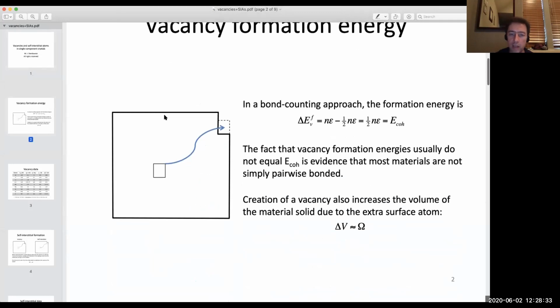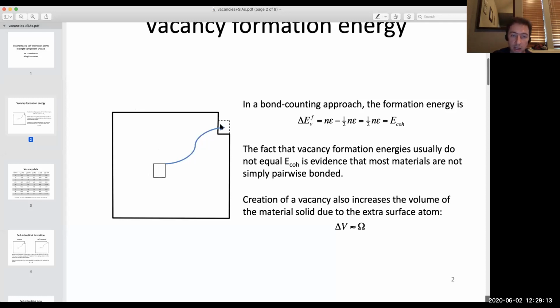So, formation energies of vacancies. What is a vacancy? A vacancy is when you take an atom out of the crystal, but you don't just get rid of that atom. You have to put it somewhere, right? And we imagine putting that atom at some location where it will not change the surface energy. So what we like to do when we think about making a vacancy is imagine taking the atom out and putting it on a kink on a surface. The reason why we put it on a kink on a surface is because the total surface area remains constant as a result of that.